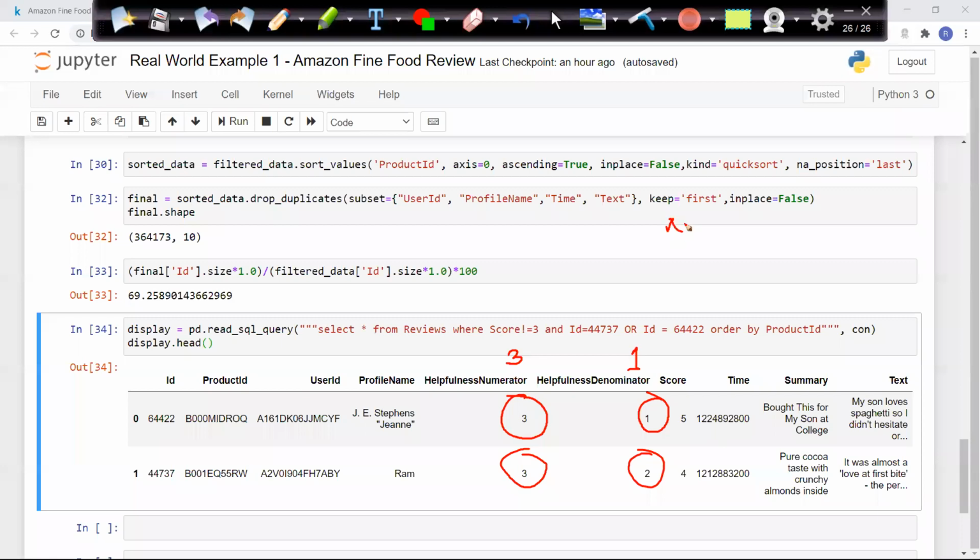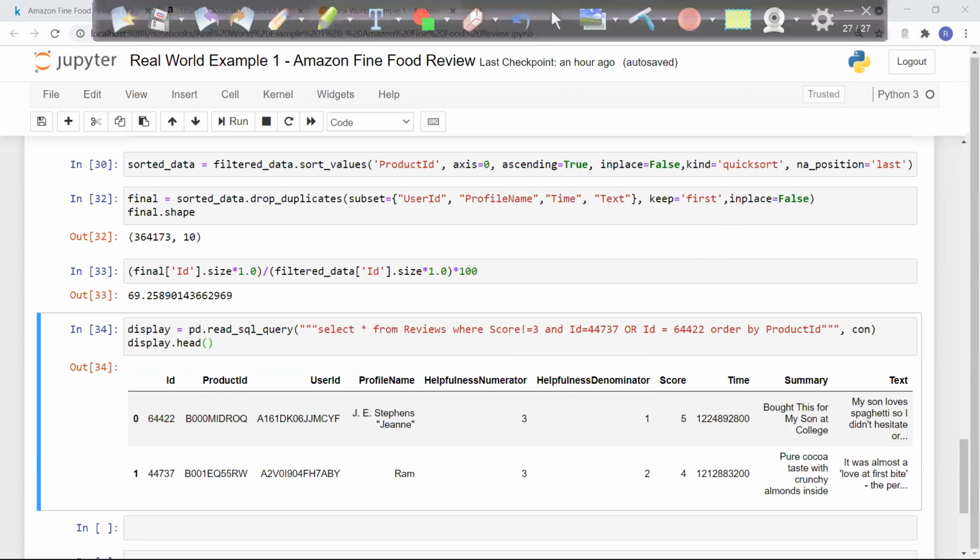It is how many people found that comment helpful, upon the total number of customers. How can the total number of customers be less than those who liked it? How can my numerator be bigger than the denominator? Not possible. So this is again a problem in the data, and I have to remove this type of records as well, which don't make any sense.